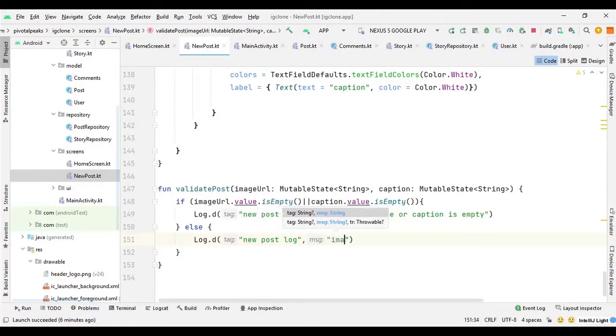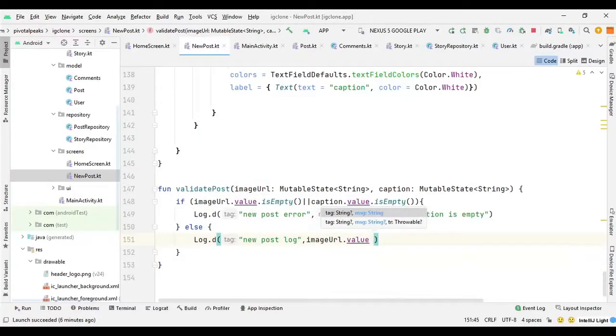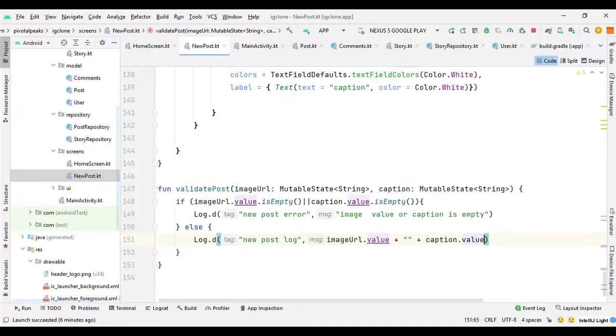And for message we can say image URL dot value, then we can say plus, then we can append it with another plus, and here we can say caption dot value, and let's run it and see that if we are able to validate the post.